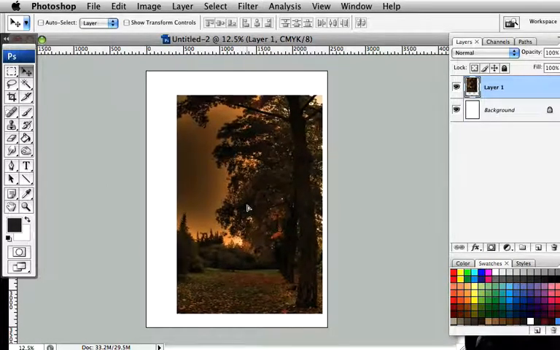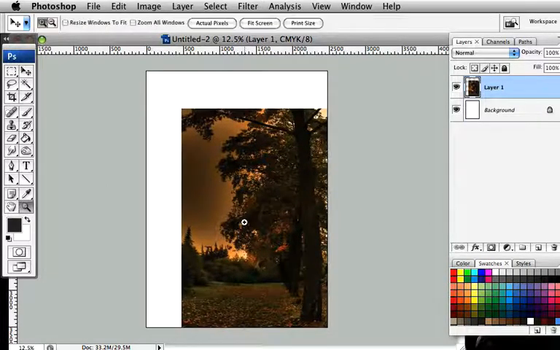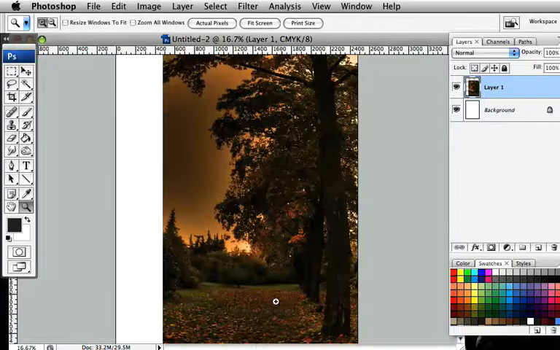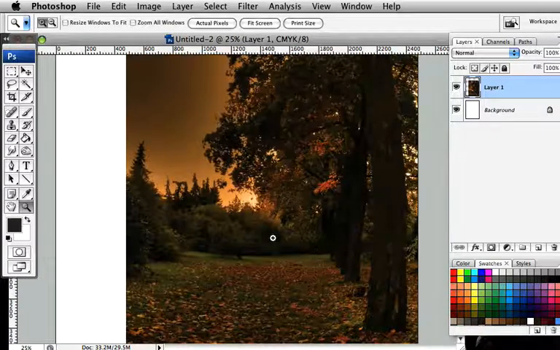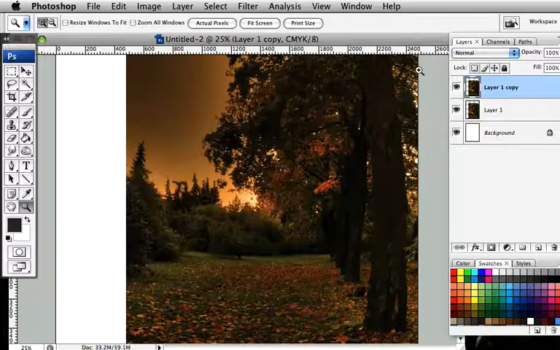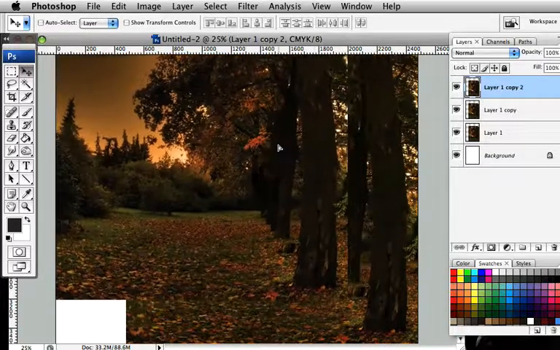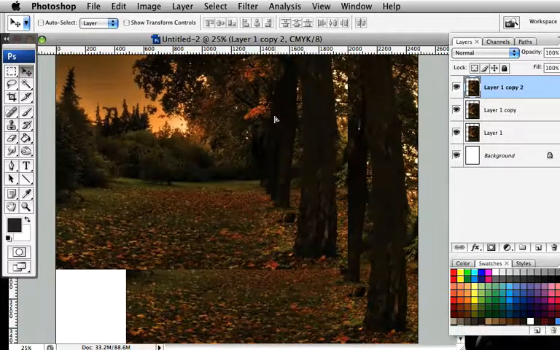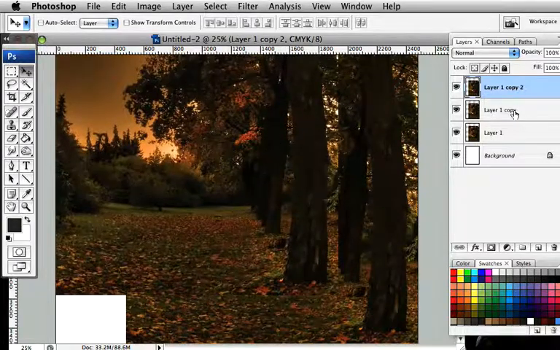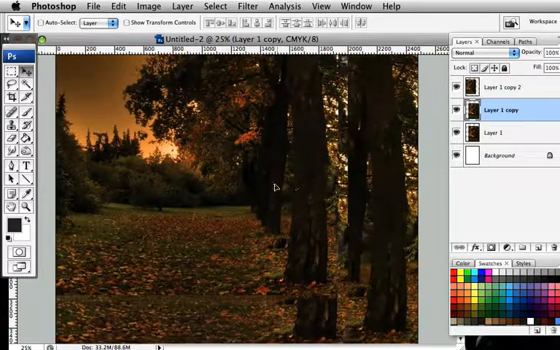Right, now I'm just going to position the file and zoom in. Z on the keyboard brings up your zoom tool, and I'm just going to zoom in. We're only really concerned about this bottom area down here. So I'm going to hold down Command J or Control J on a PC, and it's going to duplicate that layer. And again, I'm going to duplicate it one more time. This time I'm just going to drag it down and duplicate it like so. With the top one selected, V on the keyboard, I'm just going to move that up and to the left a bit. And this one here, I'm going to move over